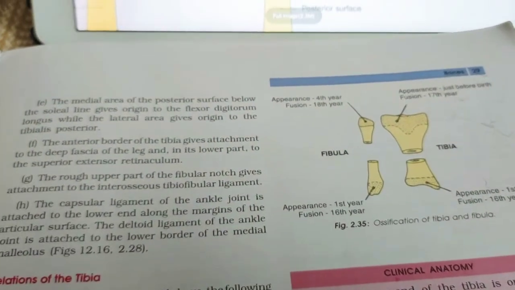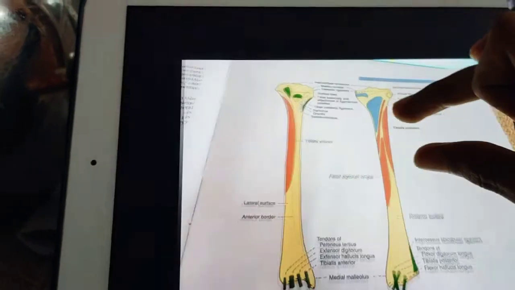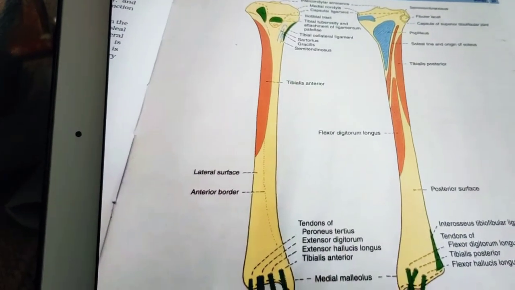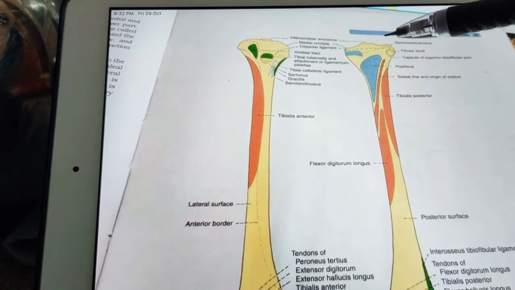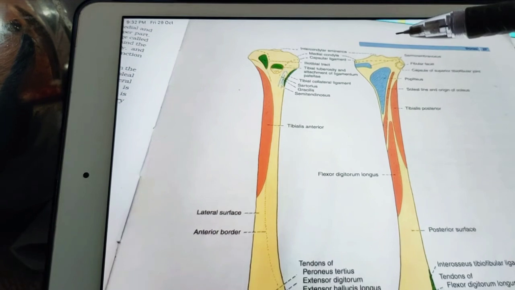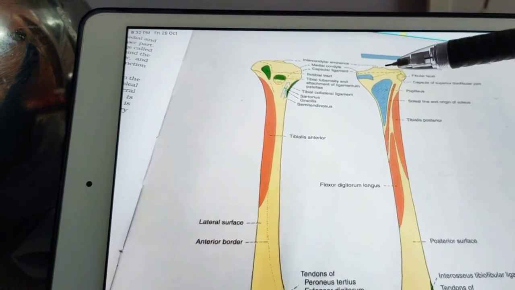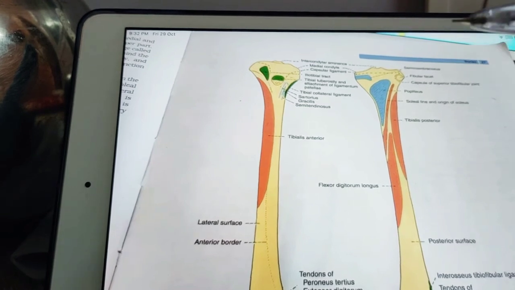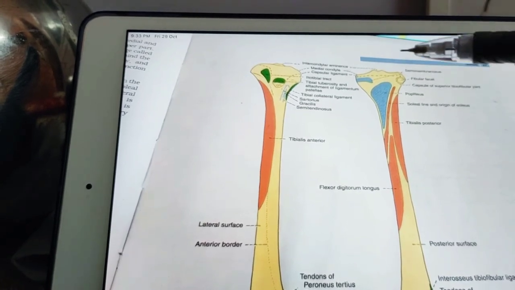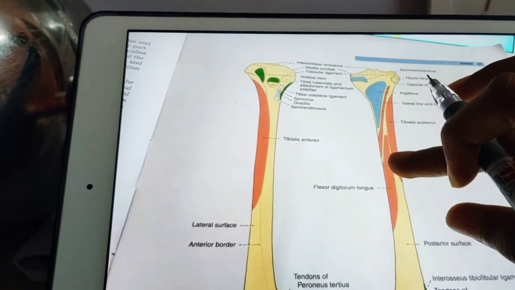Finally, we'll discuss the clinical anatomy related to our tibia. The upper end of the tibia is one of the common sites for acute osteomyelitis, and the knee joint remains safe because the capsule is attached near the articular margins of the tibia, proximal to the epiphyseal line. Next, the tibia is most commonly fractured at the junction of the upper two-thirds and lower one-third of the shaft, which is most slender.